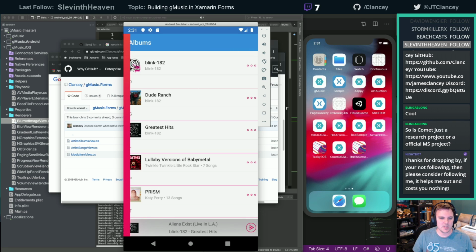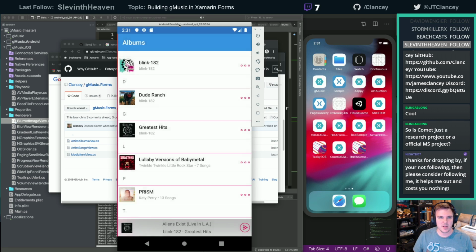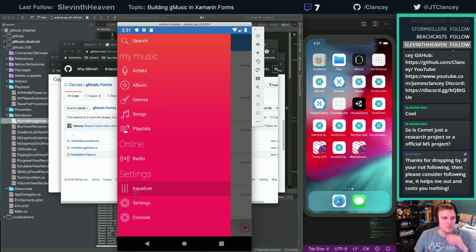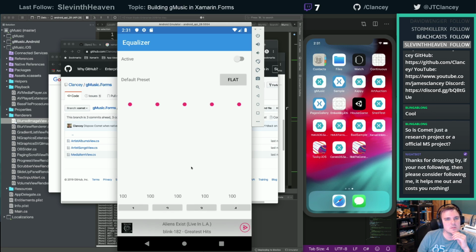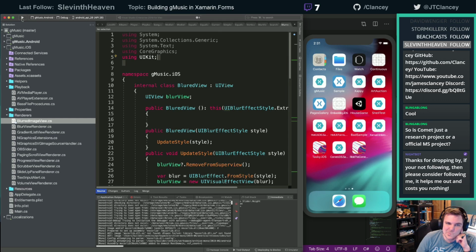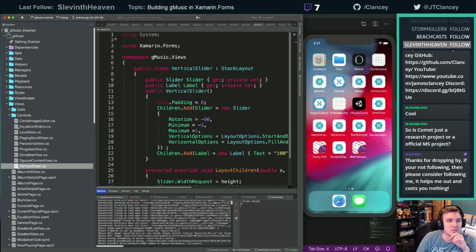All right, why is the menu not working? My Android emulator is going too slow. Yeah, the equalizers, it did the same thing here. Nice thing is, though, those don't have that ugly shadow, so I don't have that shadow issue. All right, we're gonna custom control this thing. This is not fun to fight.